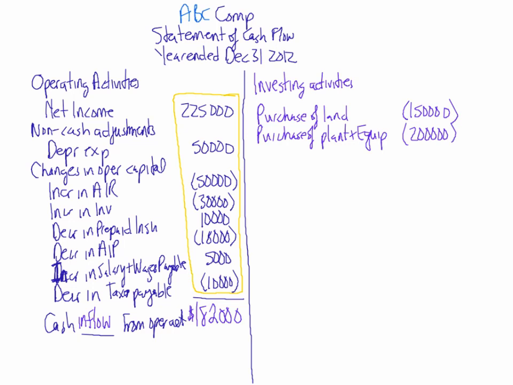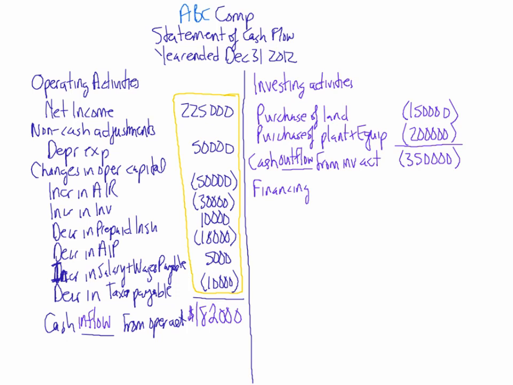And so there's nothing else. There were only two things. So we're going to do cash, blank, from investing activities. I'm going to shorten it. And we're going to do a total of only these two numbers. So each of the activities are added up separately. So this will be negative 350,000. And we see that this is an outflow. All right. So now we're going to move on to